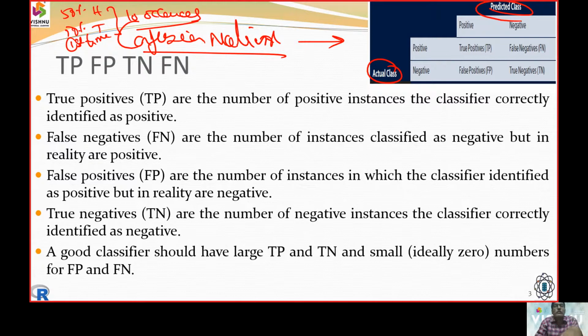I put tomatoes and potatoes on a table. Now I ask a child to separate tomatoes and potatoes. If the child, basing on the similarities, divides it accurately, fine. But in a case, a potato was put in a tomato basket or a tomato was put in a potato basket. So there is some error, there is some misclassification.